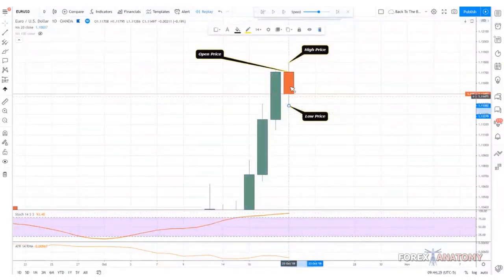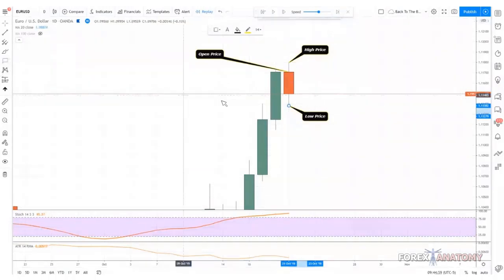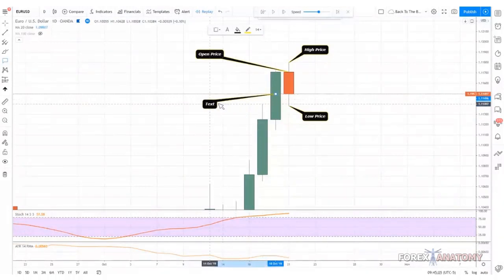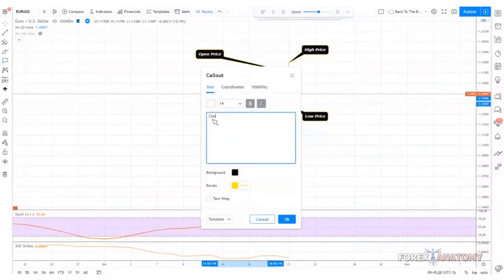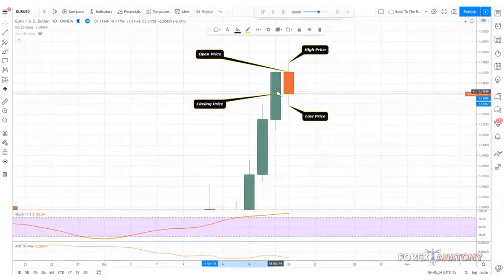Okay. And then we have this candlestick body, which pretty much shares with you where the bias is, or where momentum is, or whether price fell, where it opened and pretty much where it closed. So the next thing we have to define is the closing price. We'll do that right here. We have the closing price, and we can put that right there, where this candle closed.